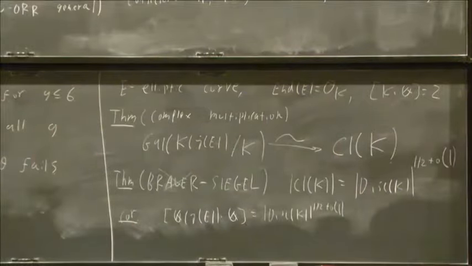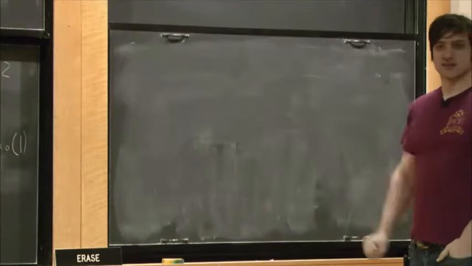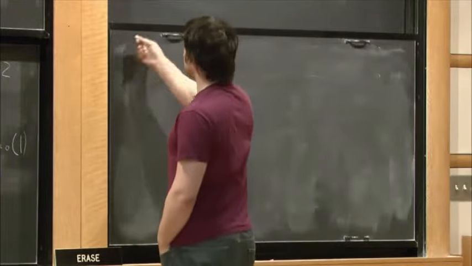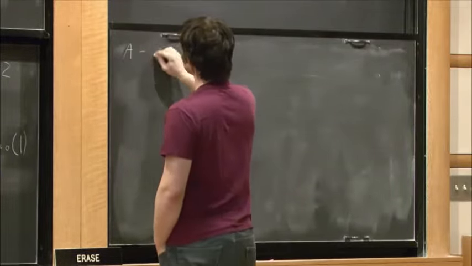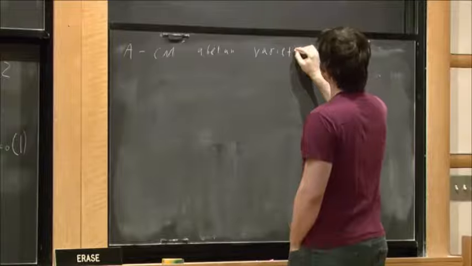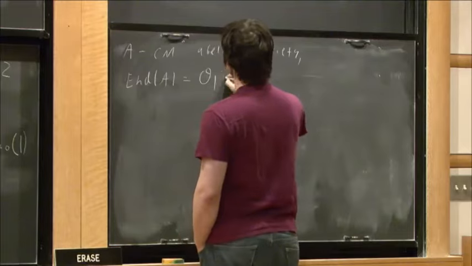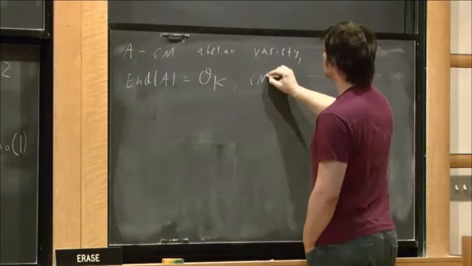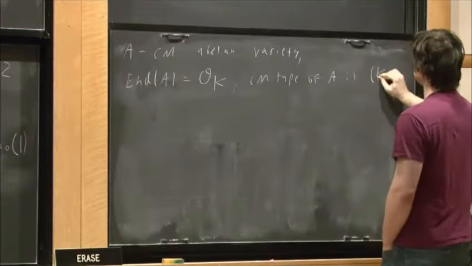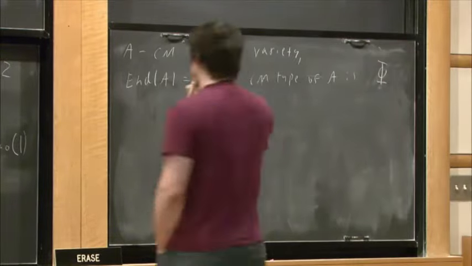All right. So that's the elliptic curve case. So now why do things get messier when you bring in abelian varieties of higher dimension than 1? So now let's let A be a CM abelian variety. And like before, the endomorphism ring of A we're going to assume is just the maximal ring of integers of some K. And the CM type of A is phi. Just got some CM type phi.